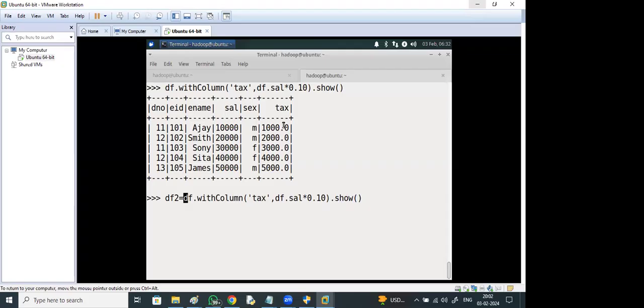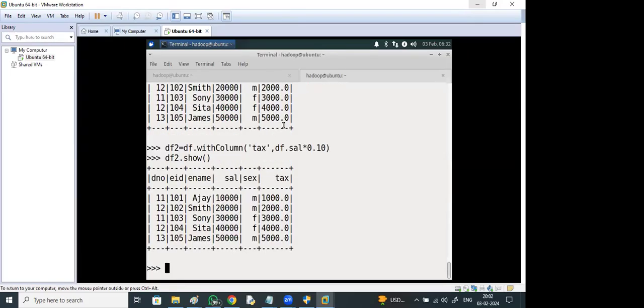Suppose if we already created df2, then we will get an error, right? Or it will override? It will overwrite.